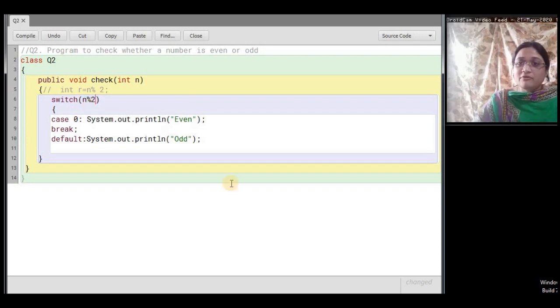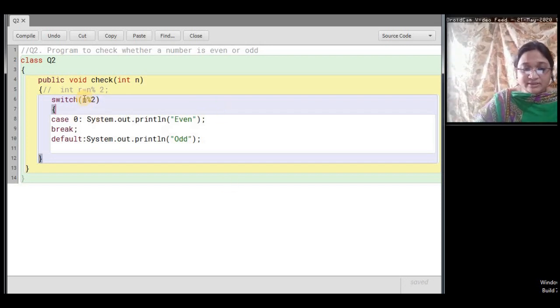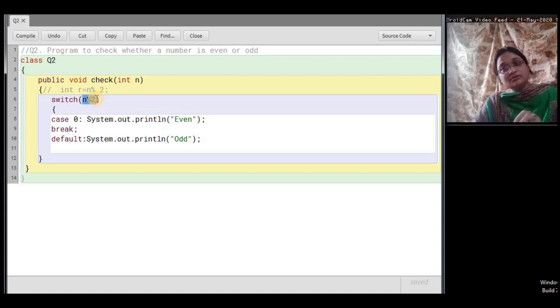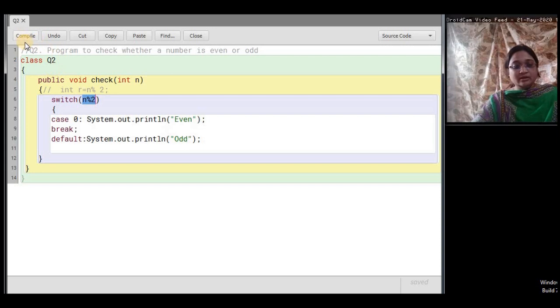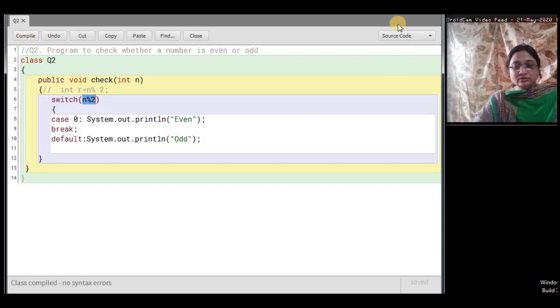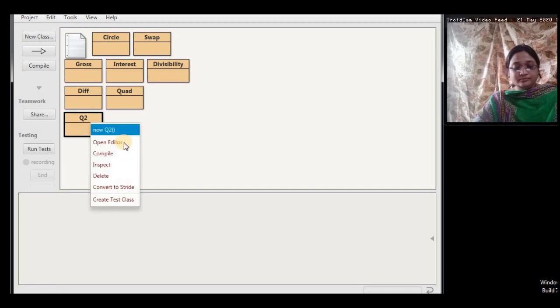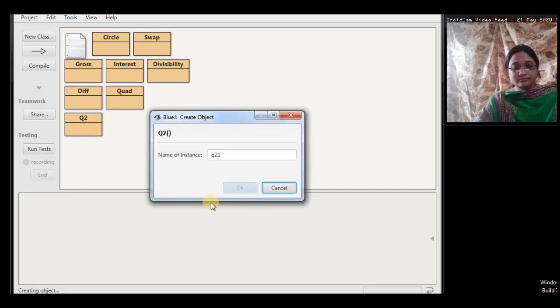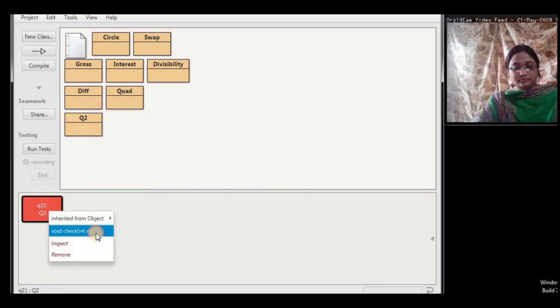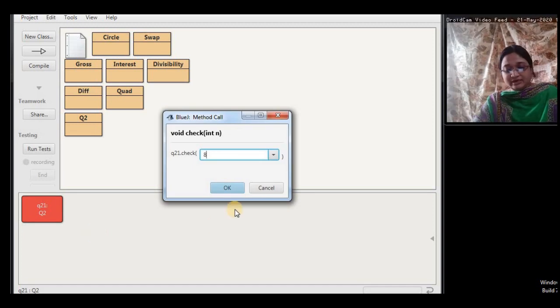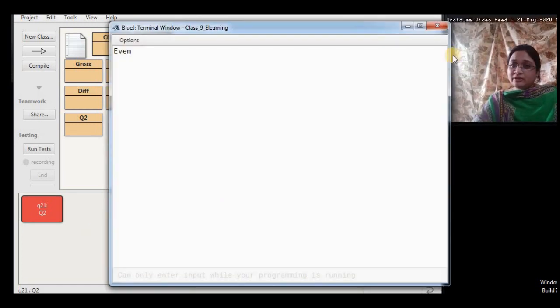This is also valid because when we evaluate n mod 2, we are going to get a constant value, either 0 or 1. So compile this code and check again. Give 8. Even number.